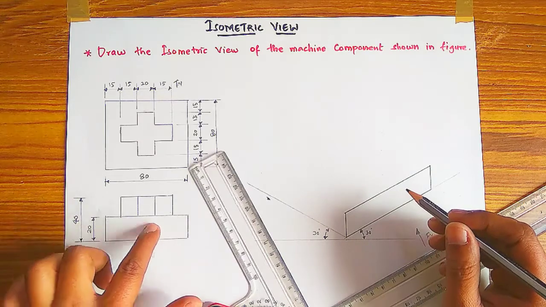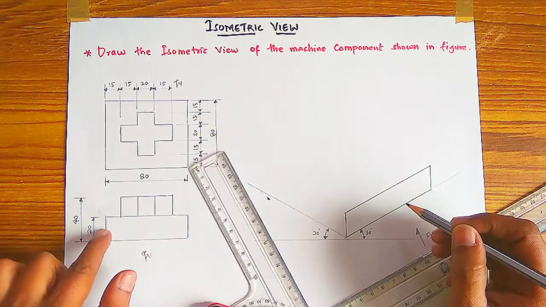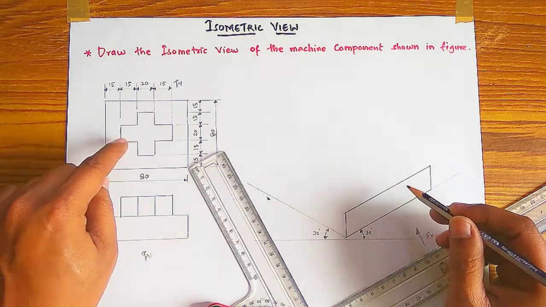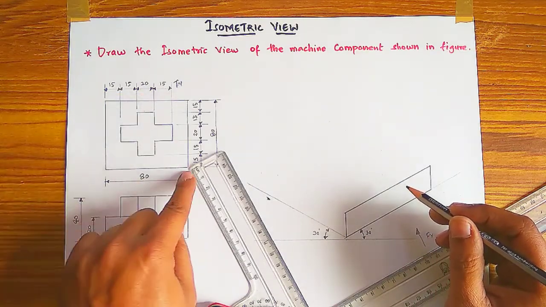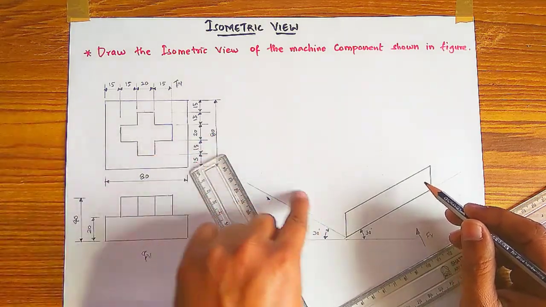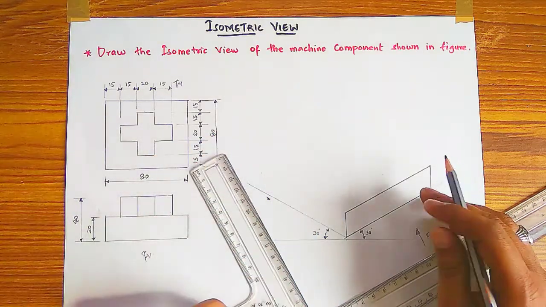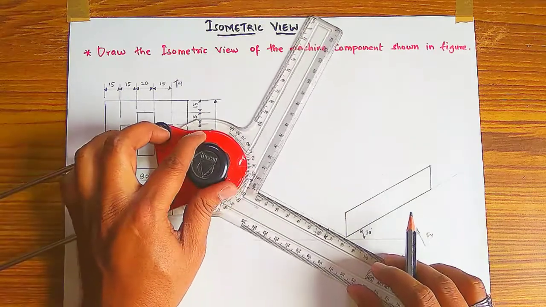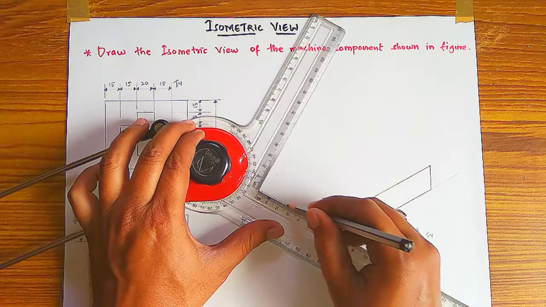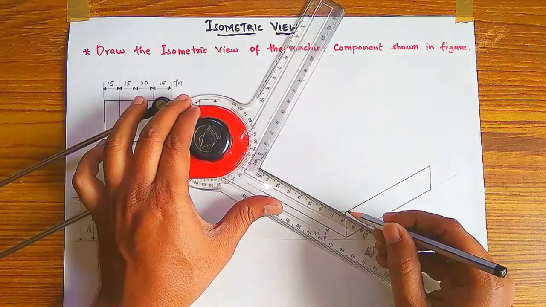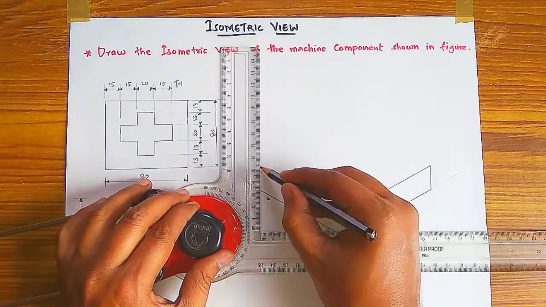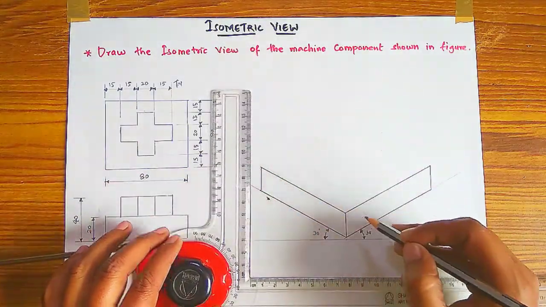First we have to draw this figure plate. From the front it is looking like this, a rectangle shape, but from the top it is like a square shape. I have drawn this 80 mm line, but its depth is also 80 mm, means here you have 80 mm distance, so we have to draw there also 80 mm. 80 mm from here, 80 mm from here, then join this line. Okay, this much portion is over.